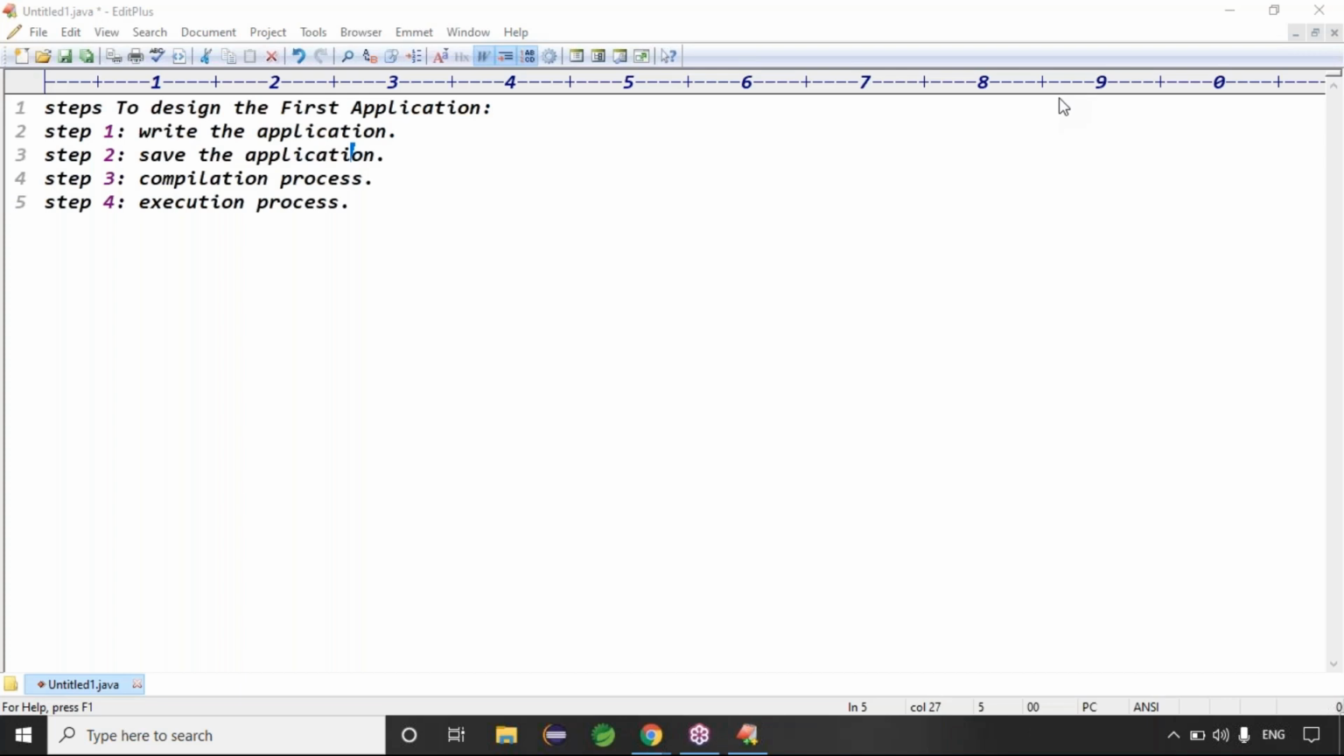Write the application, save the application, compilation process, and what? Execution process, right? Exactly. Guys, let me go for the first step. So the first step is what? Write the application. Exactly. Because before writing the application,